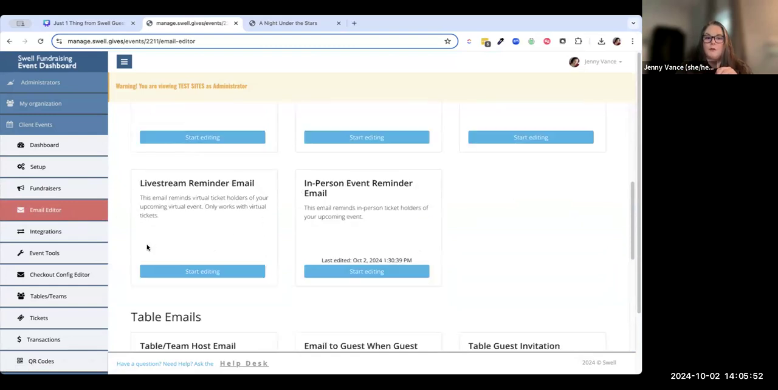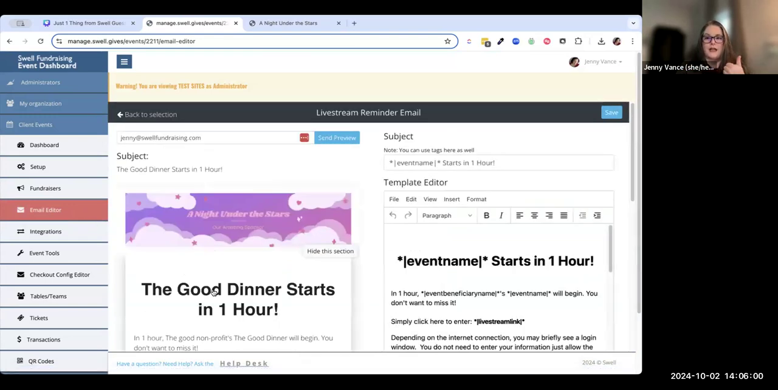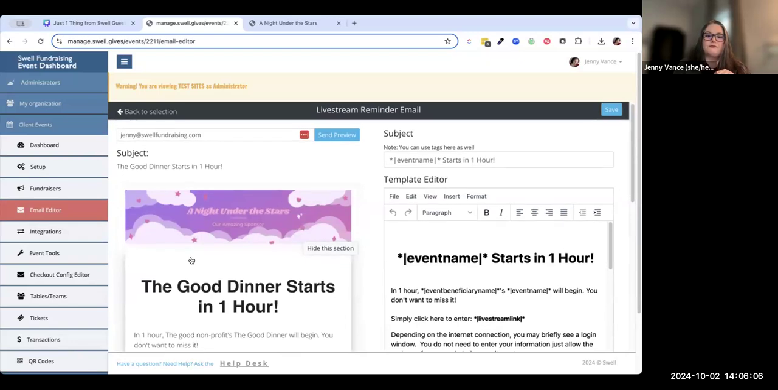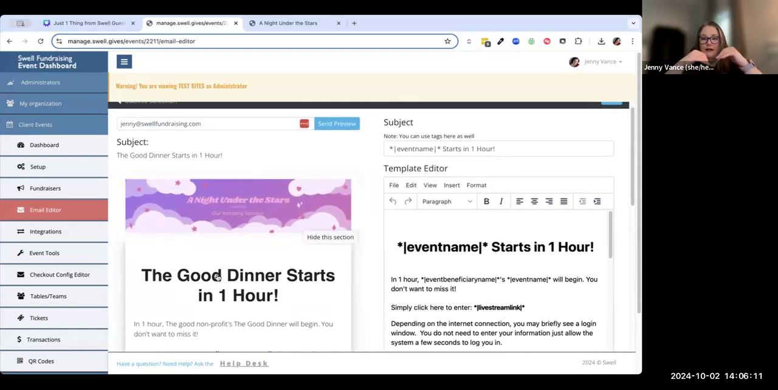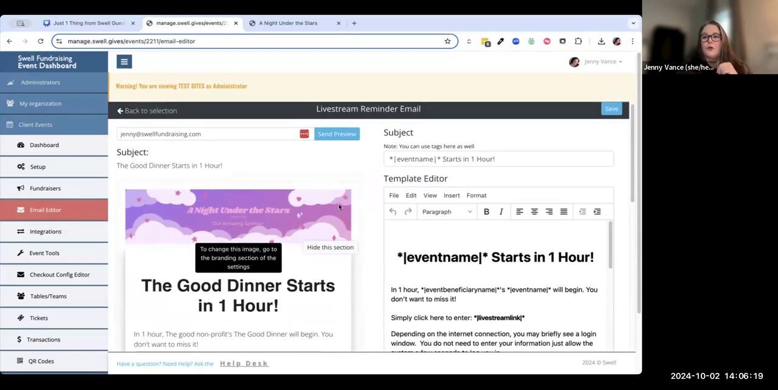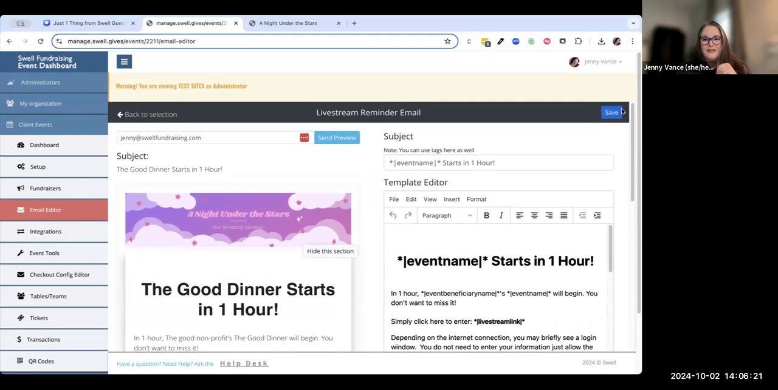So for the live stream reminder email or the virtual email, any of your emails, you're going to go to the email editor in the left-hand menu, and then you're going to click Start Editing under the email you want to edit. The left-hand side is going to show you a preview of the changes that you're making on the right-hand side. Unlike in other places in Swell where the Save button is at the bottom, if you make any changes, you need to hit the Save button. The Save button is in the upper right-hand corner in this. So you're going to scroll up to the top, and you're going to click the Save button here